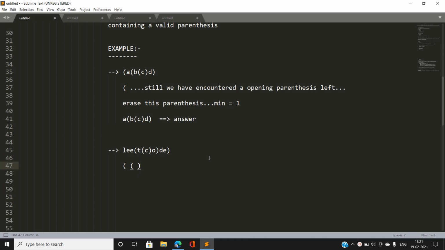And again here comes O. I am not going to consider O. Then we have a closing parenthesis. Now this is going to make a valid pair, so I am going to erase this. Now here comes D and E, so I am not going to consider any characters.